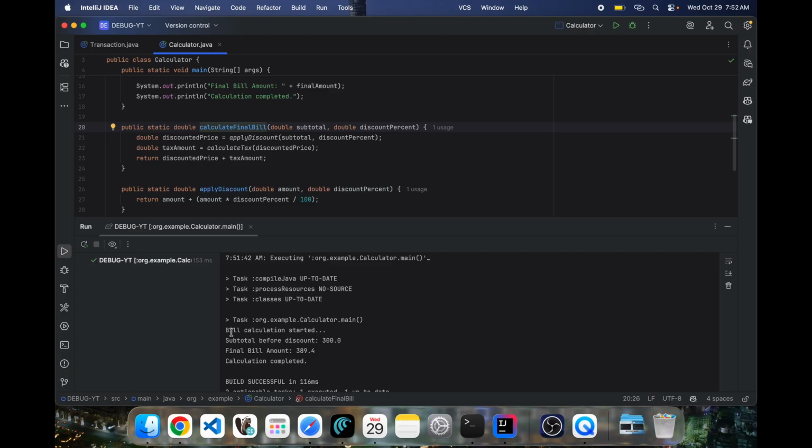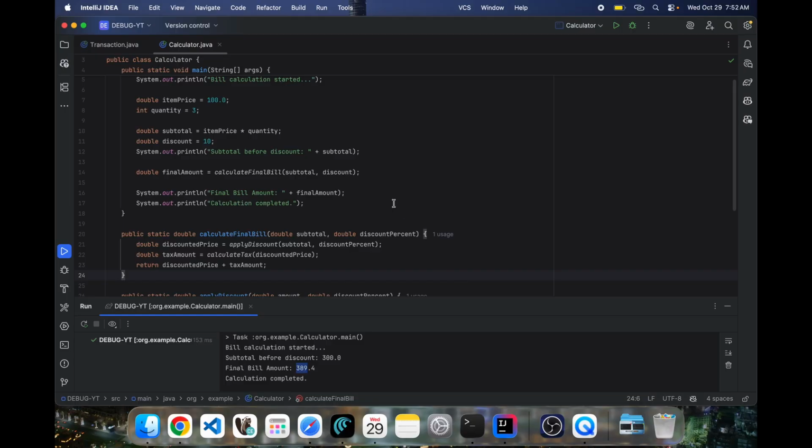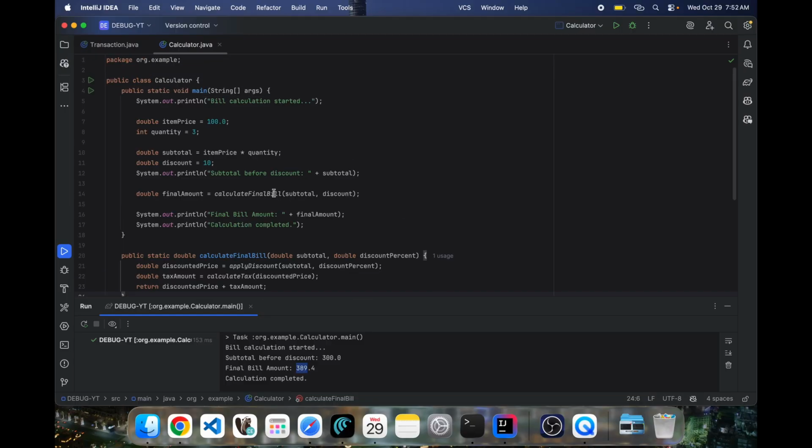But if we look at the bill calculation, the subtotal before discount is 300, but the final bill amount is 389. It is greater than our subtotal because we are adding the taxes, but the difference is huge. I think the discount is not getting applied, so we have to find out why the discount is not getting applied. If you run the application, then you have to